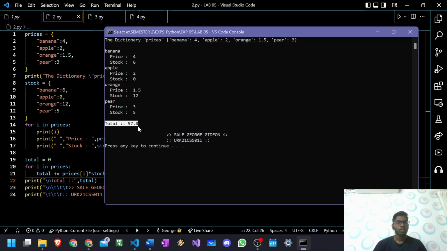So we will also verify whether it's correct or not. So 4 multiplied by 6 is 24, and 2 multiplied by 0 is 0. So here the total of these both items, banana and apple, is 24 plus 0, which is 24. And now the price of orange is 1.5 into 12, that gives 18. So 24 added to 6 results in 30,